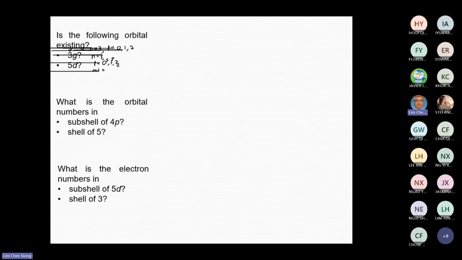0 is s, 1 is p, 2 is d. Is it possible we come up with 3g, 3s? Yes. 3p? Yes. 3d? Yes. 3g? No, cannot. So how do you answer? 3g orbital cannot exist. This one is 1 mark. If you said it does not exist, 1 mark, we agree. But if you put it can exist, it's wrong, totally wrong, because n equal to 3 shall consist of